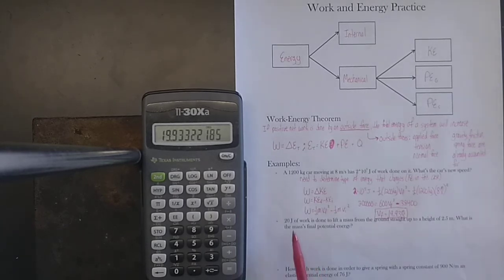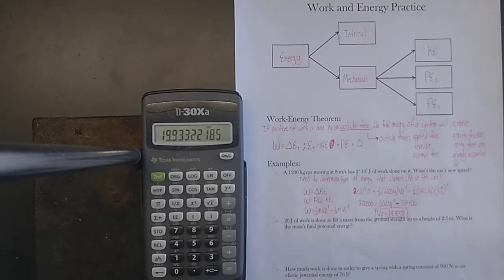Next question. 20 joules of work is done to lift a mass from the ground straight up to a height of 2.5 meters. What is the mass's final potential energy? So again, what type of energy is changing here? You might be tempted to say kinetic energy is changing because you have to move the mass, and that might be true, but it doesn't say that the kinetic energy is changing, and besides, you could even make the argument